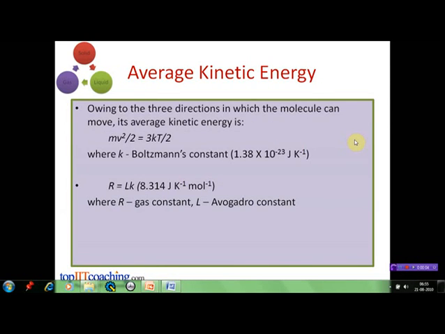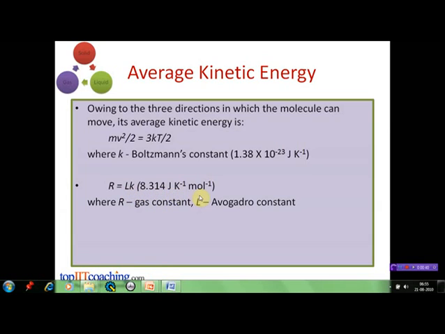Another important result from kinetic theory is the average kinetic energy of a molecule, which in an ideal gas is given by half mv squared equal to 3 by 2 kT, where k is the Boltzmann constant of value 1.38 times 10 raised to minus 23 joules per Kelvin. The value of the Boltzmann constant multiplied by the Avogadro constant, that is L, is the same as the gas constant R. So we can write R is equal to L times k,